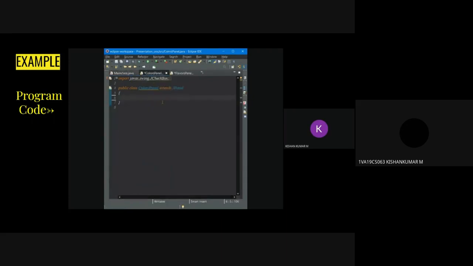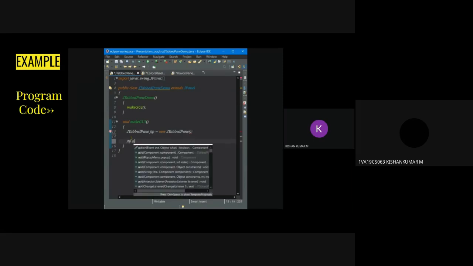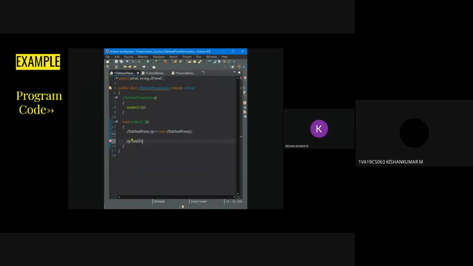import javax.swing.JPanel; import javax.swing.JTabbedPane; these are built-in packages. Public class JTabbedPaneDemo extends JPanel. JTabbedPaneDemo is a constructor. Make GUI: void makeGUI. JTabbedPane jtp = new JTabbedPane(); a component that lets the user switch between a group of components by clicking on a tab with a given title or icon. jtp.addTab("Cities", new CitiesPanel());